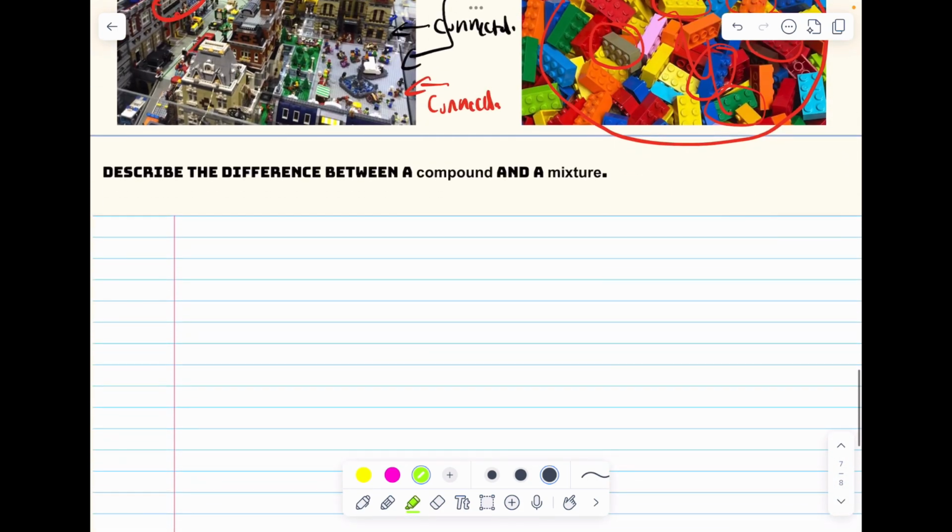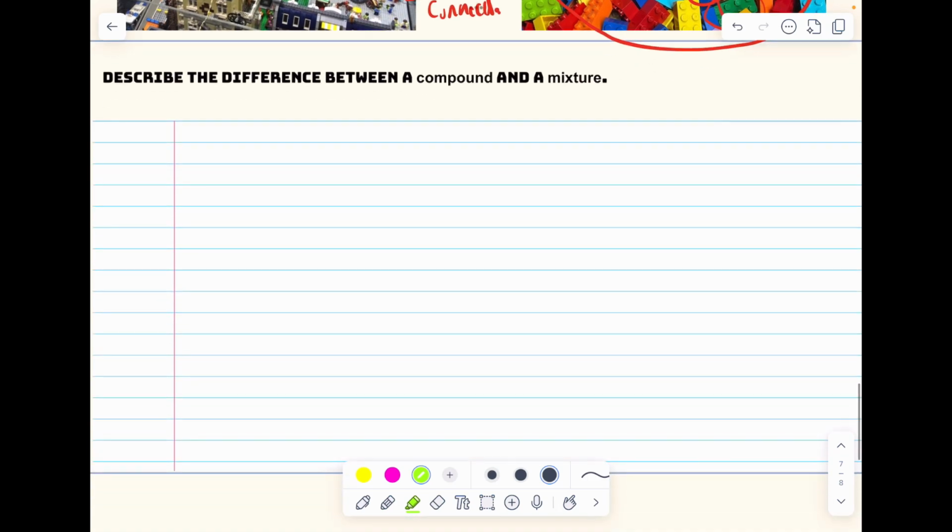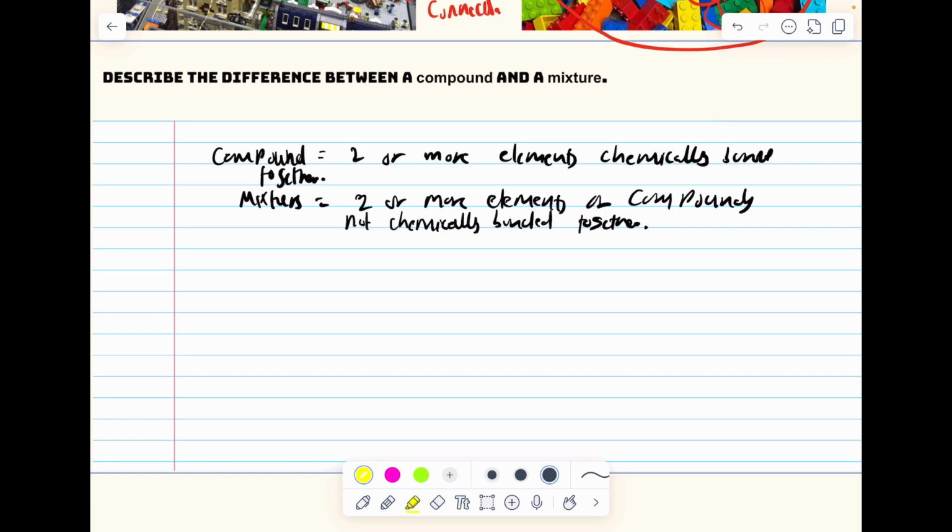Perfect. Now, let's have a look at this exam question. Describe the difference between a compound and a mixture. So pause and then I'll show you the answer. Okay, so here's the answer. So a compound is two or more elements chemically